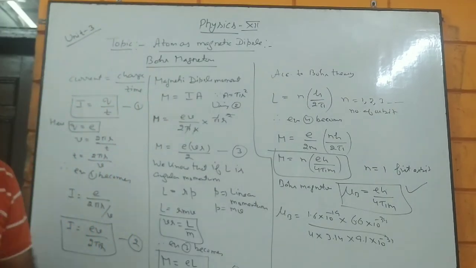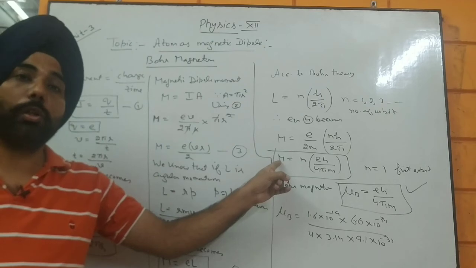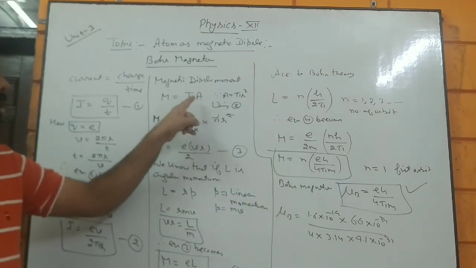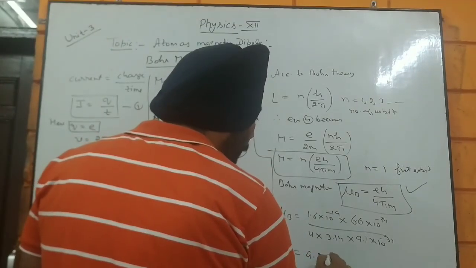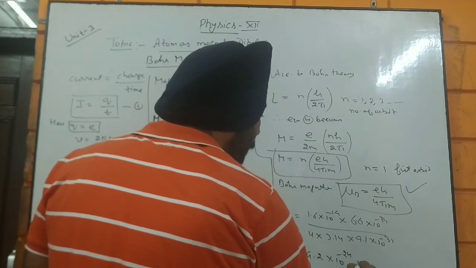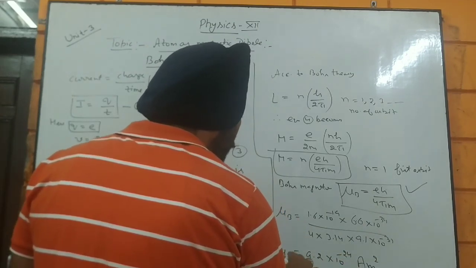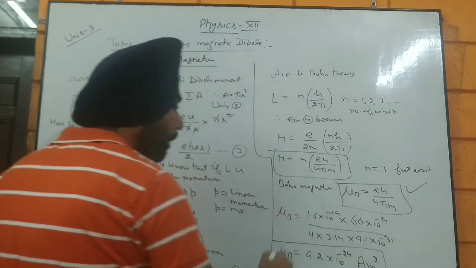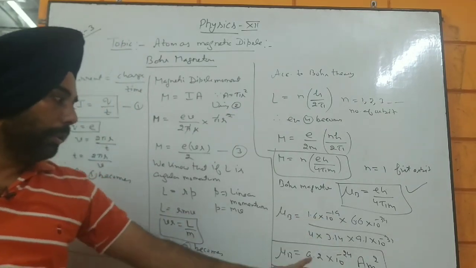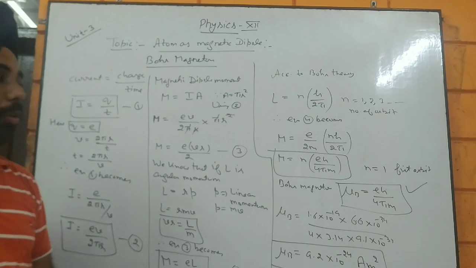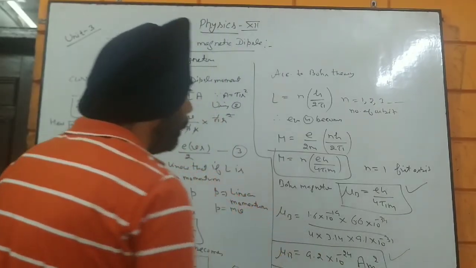So you can easily solve that, and remember that is having the units of magnetic dipole moment, which is I into A, which means ampere meter square. So after solving this value comes as 9.2 times 10 raised to power minus 24 ampere meter square. So that is the value of Bohr magneton. You can easily solve that because these values are very simple values here. So that is how we can calculate the value of Bohr magneton. So this is going to be your answer for magnetic dipole moment of any atom, or you can say calculating the value of Bohr magneton for any given atom.